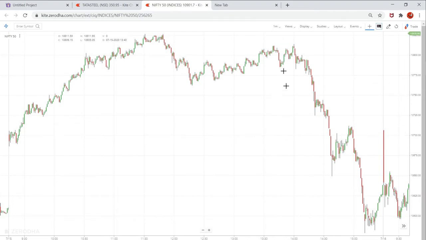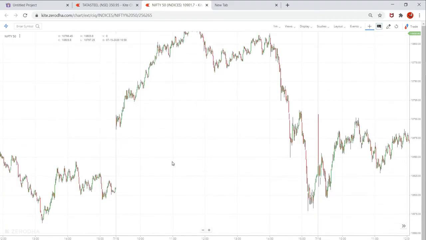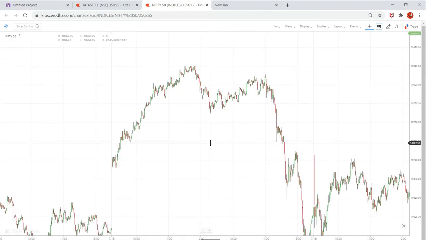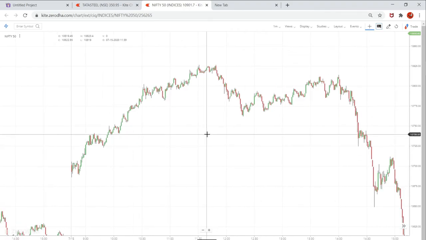So currently I'm in 1 minute time frame, and if you look at this on date July 15th, the market has opened a gap up from 10,600 to almost 10,700. So if you're looking in terms of selling, you have to always look for price action, or see if somewhere a trend is breaking or it's reversing, if the chart is reversing.